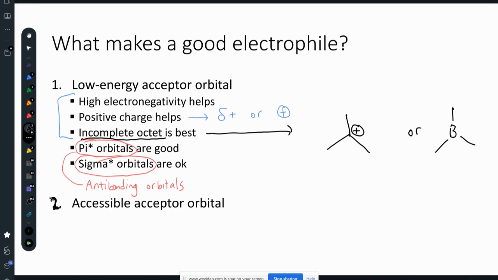And for that second one, again, this is related to like the size of the nucleophile. If there's an electrophilic site in a molecule, but it's all blocked up, there's stuff around it, then it's not really accessible. So for example,